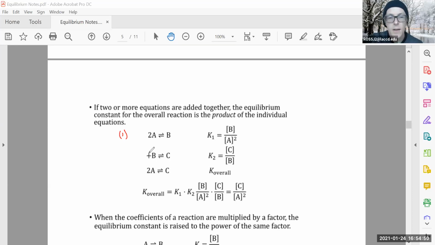We really don't need this add symbol here. It means add this equation, but let's look at it this way. Let's say we take equation 2, which is B gives C. So the equilibrium constant 2, so many constants, so confusing, is just C over B. If we were to add them together,